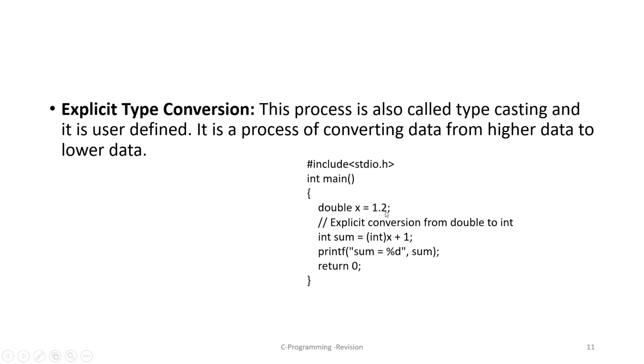Now we'll see with one example. Double x equal to 1.2. This is a double data. But after the operation I want that in the integer form. You are downgrading. We'll see whether it is possible or not. So now 1.2 is converted to integer. I'm converting 1.2 to integer. 1.2 is converted to integer, becomes 1. See, the value is lost, quality